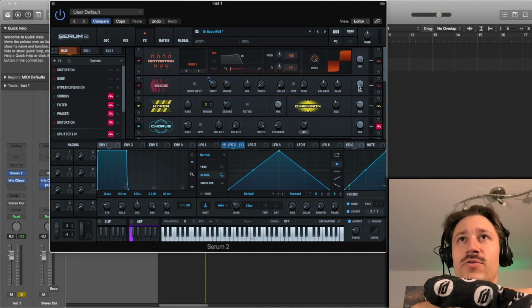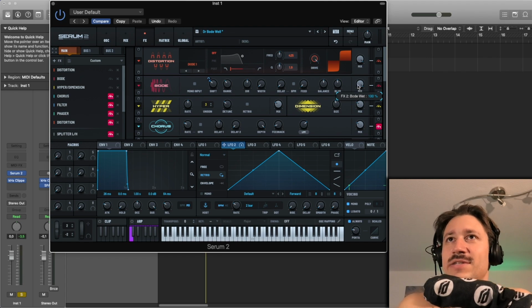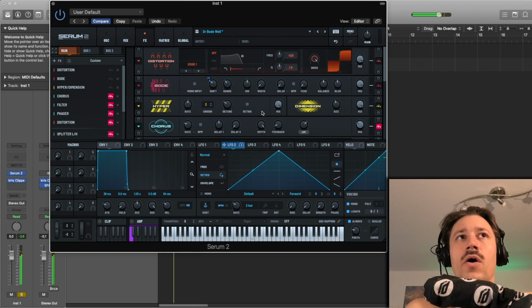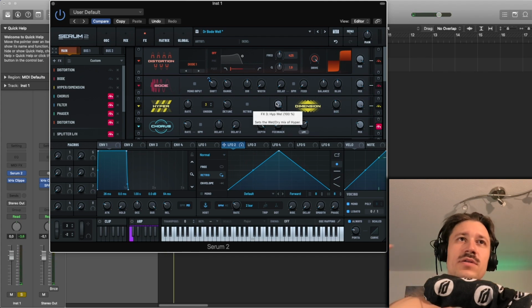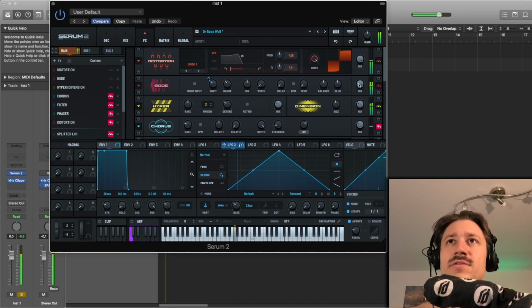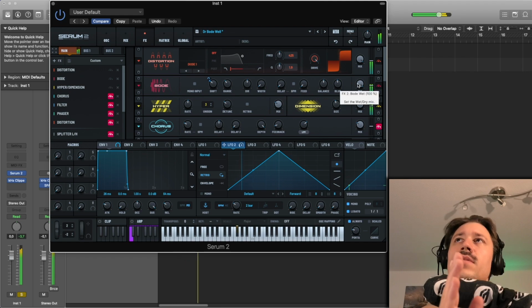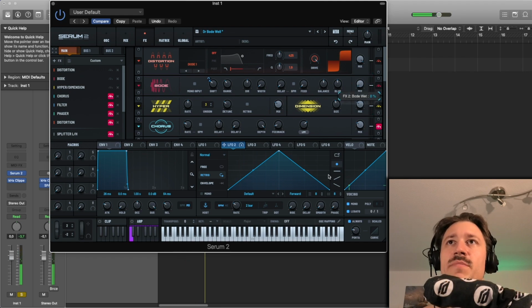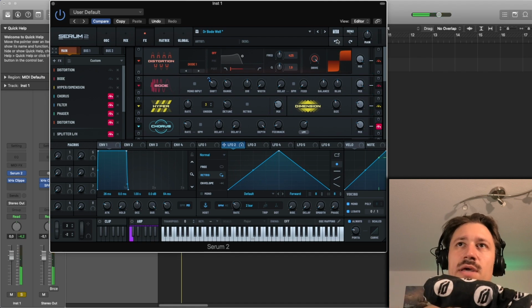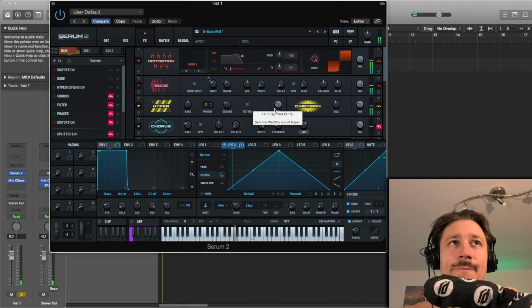I have done it on the Bode here. The Bode is kind of a stereo effect in a sense, but I'm not then doing it again on the hyper dimension. If I did it here, for example, it really just becomes stereo and nothing in the middle. Even with the Bode up at 100, it still retains a certain amount of power down the middle. It's still got some content there. So anyway,